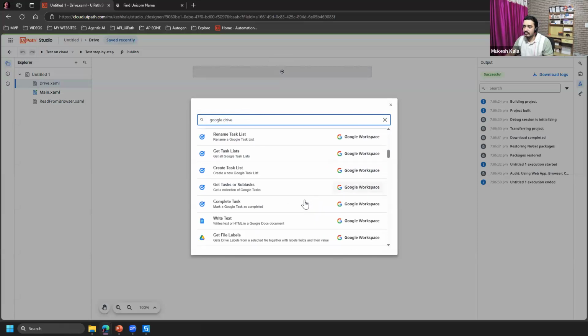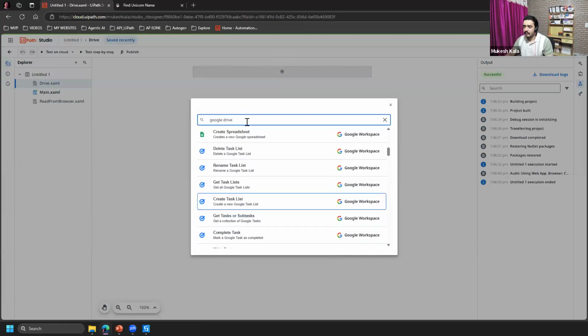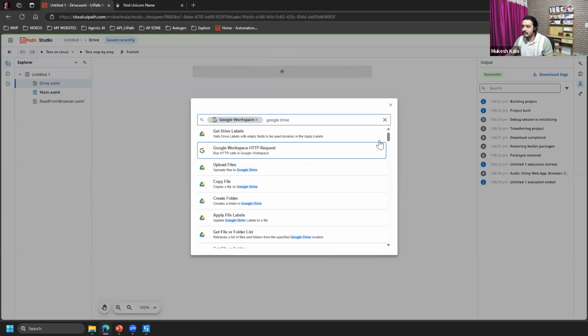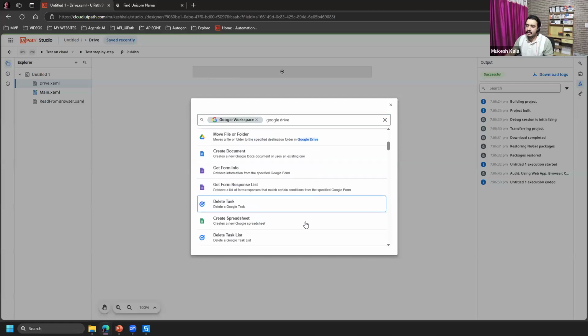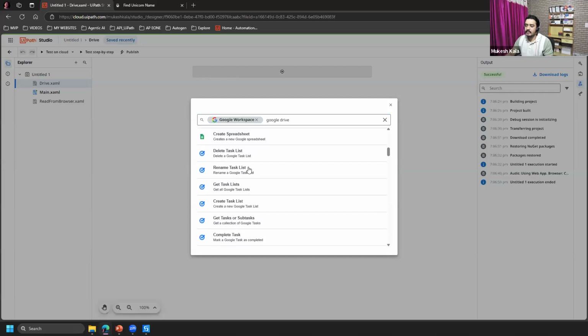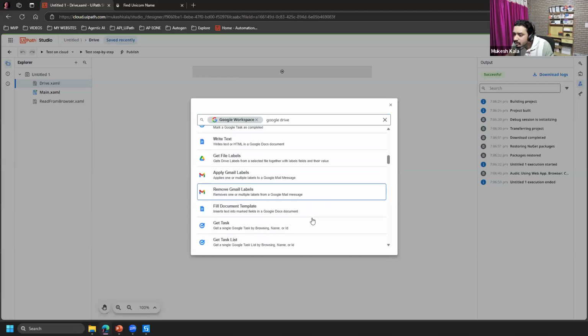So let's say Google Workspace, and for Google Workspace, all these activities are available and self-explanatory: create a spreadsheet, everything, right?